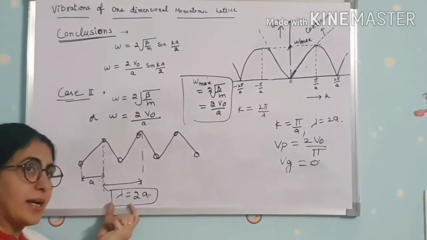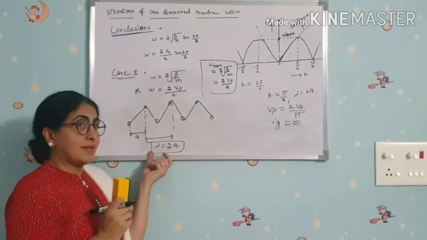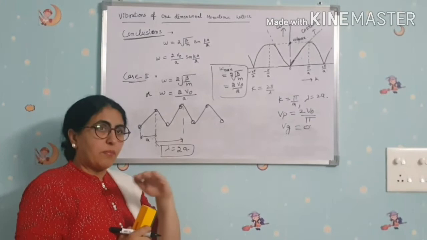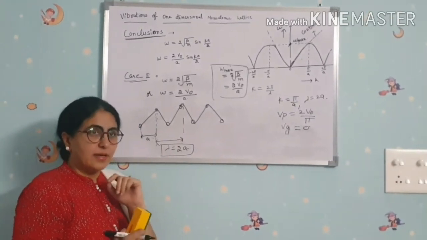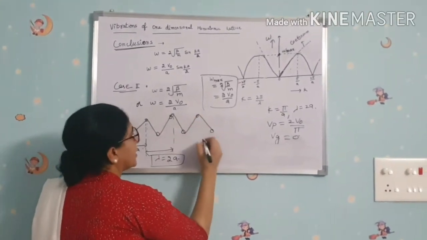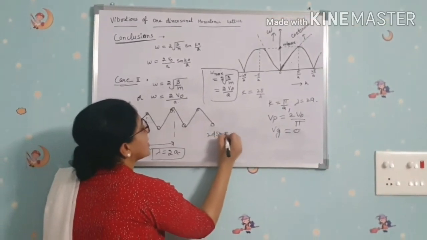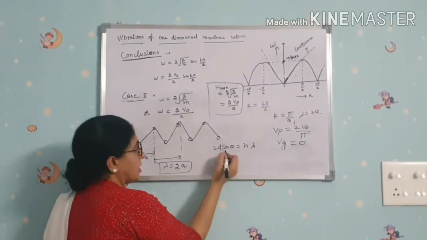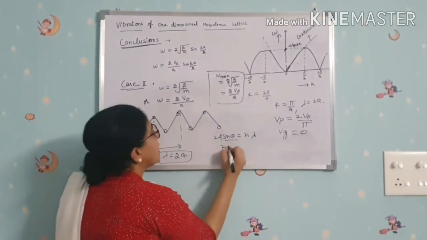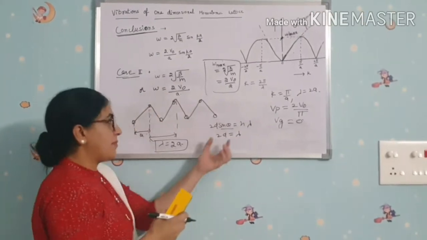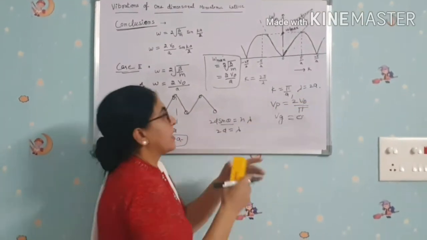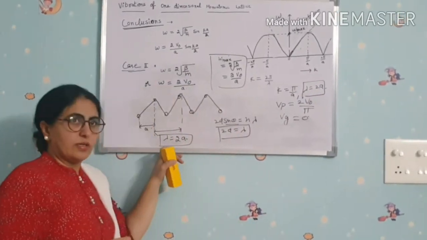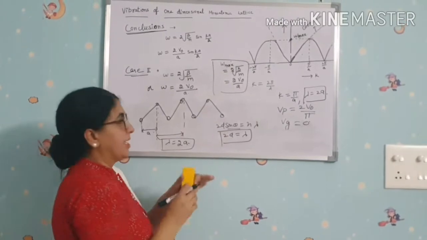And this is analogous to Bragg's condition for X-ray diffraction from parallel planes in a lattice. Okay? There, 2d sine theta is equal to n lambda, and when n is equal to 1 for first order reflection and sine theta is equal to 1, 2d is equal to lambda. So same here, lambda is equal to 2a. So this is the same as Bragg's condition. Clear? So the waveform is a standing wave.